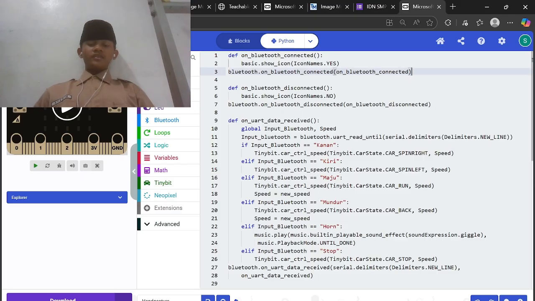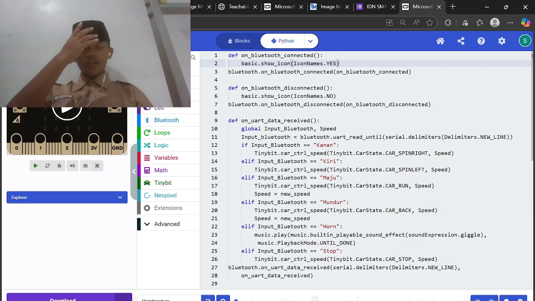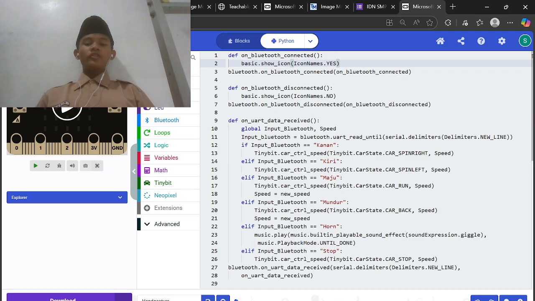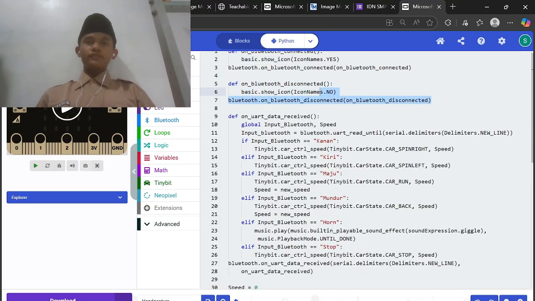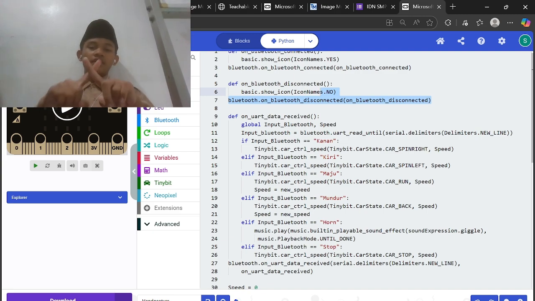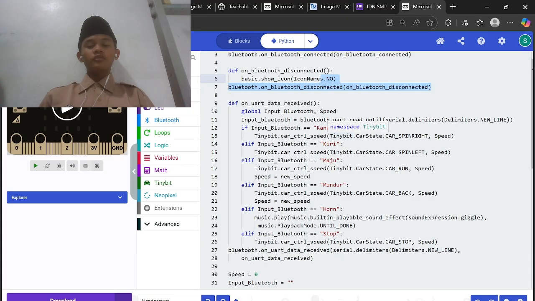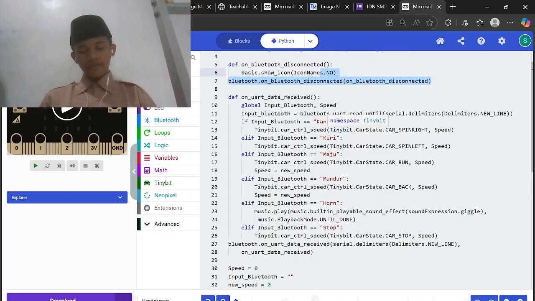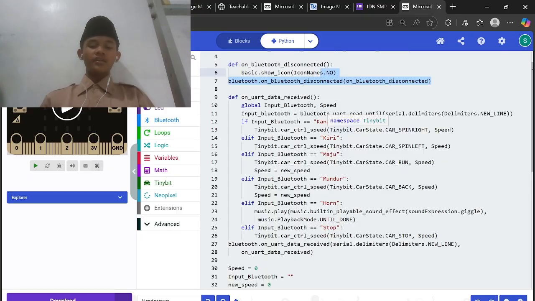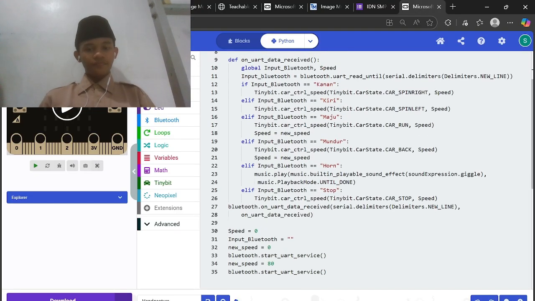Okay guys, so maybe only this is the code that I already gave to you, and I already explained it also. The first is the Bluetooth connect. If the Bluetooth is already connected with the micro:bit, the tiny bit will show an icon yes or checklist. If not connected or disconnected, the tiny bit will show an icon no. Next, the code for movement: go to right, go to left, forward, back, horn and stop.